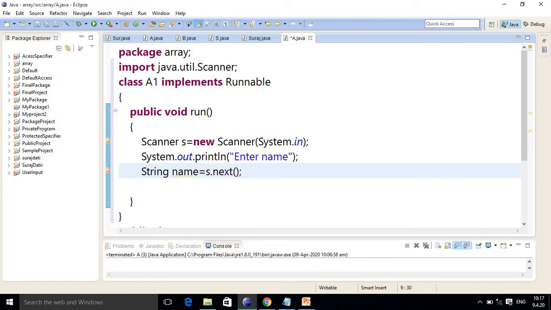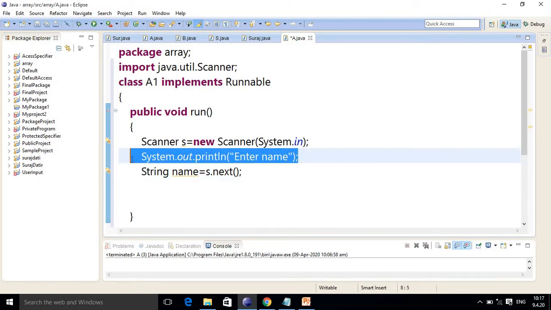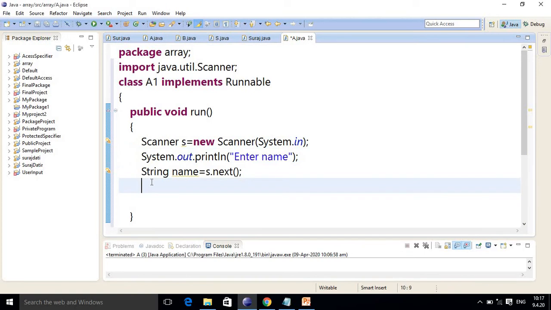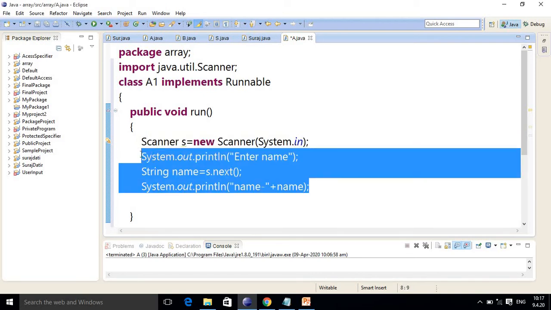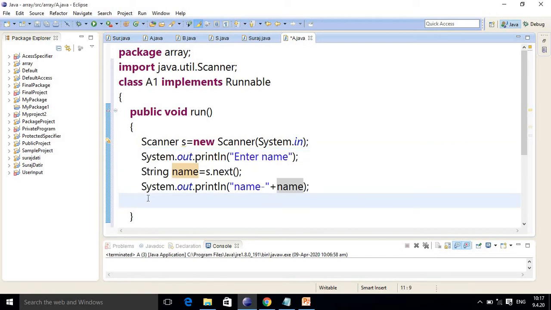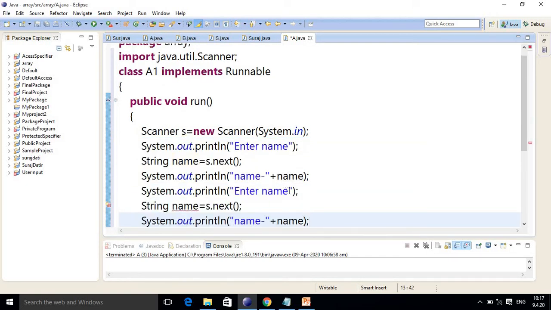By using this the user can enter the name, and finally we will show that name in an output statement. So it will show the name.